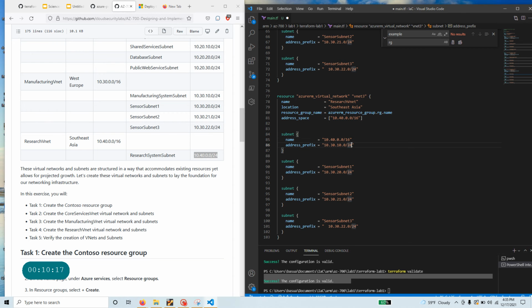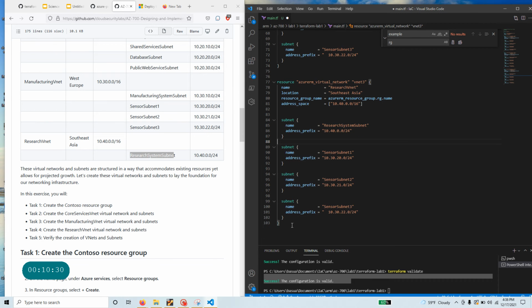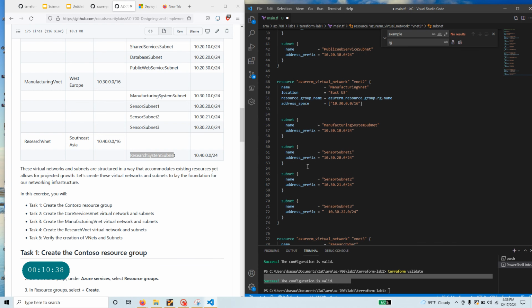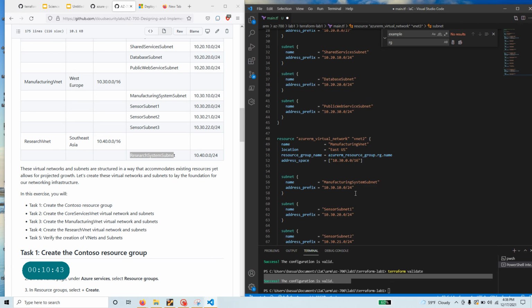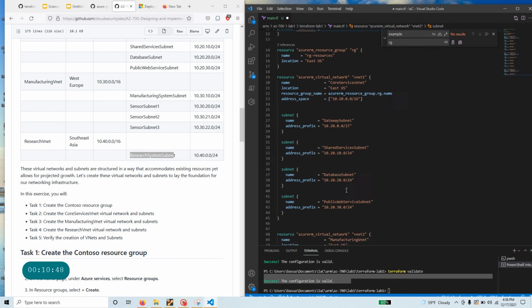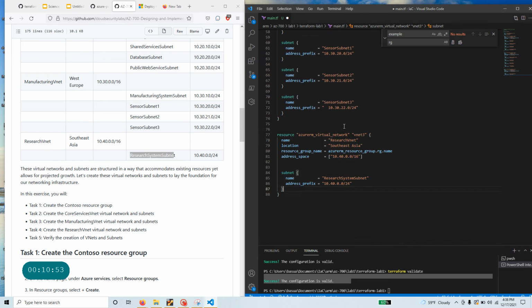Okay. Oh, what do I do? Subnet, I put something wrong there. So copy again, fix it, and call it a subnet. Okay, now I'm gonna get rid of these other subnet blocks. Look at that. So that's all I think we need to be able to successfully deploy this code. Okay, so East US, Southeast Asia, Asia,